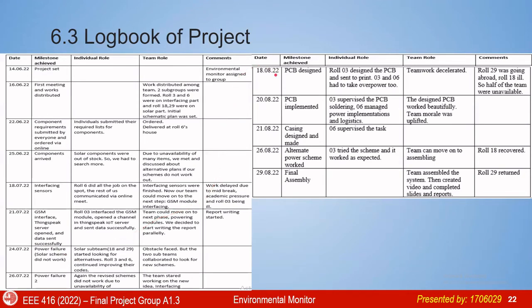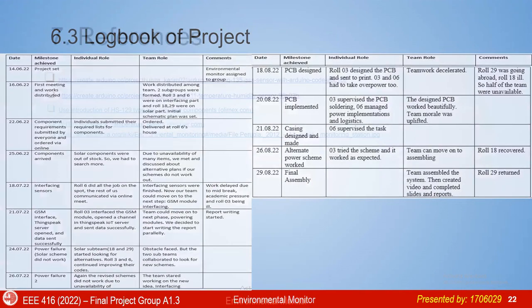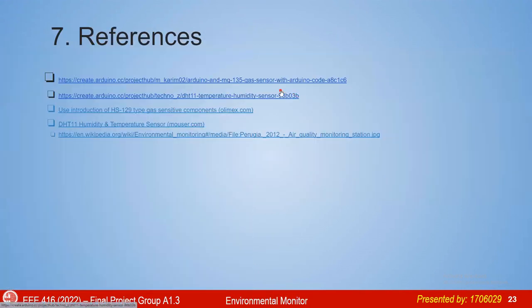On August 18, role 29 was going abroad and role 18 was diagnosed with typhoid, so half of the team was unavailable. At that time, the PCB design was done by role 3 and role 6. And finally, on August 26, role 3 and role 6 tried to implement an alternate power scheme, which worked, and the others tried to collaborate and contribute in this part. After all this, on August 29, the final assembly took place, and everyone tried to contribute to it. These are the references we followed